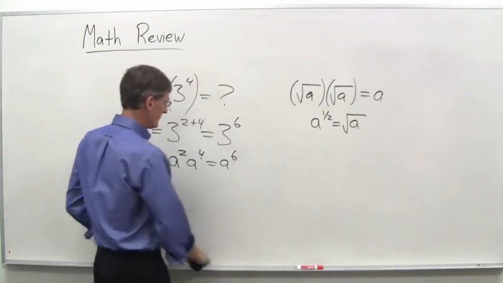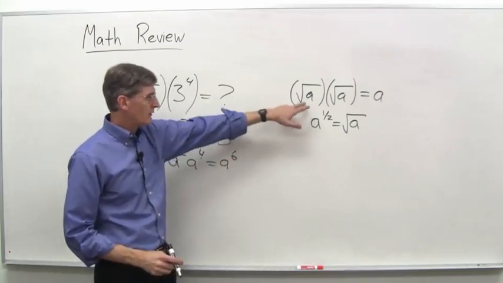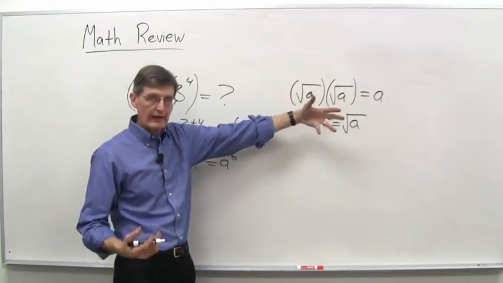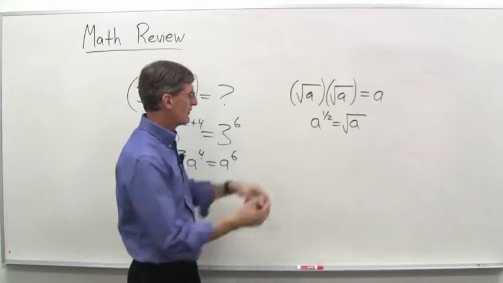Okay, and the reason I just did a reminder over here is, why would we call this a to the 1/2 square root of a? Well, if square root of a times square root of a equals a, back again, square root of 3 times square root of 3 equals 3. If we write this as a to the 1/2,